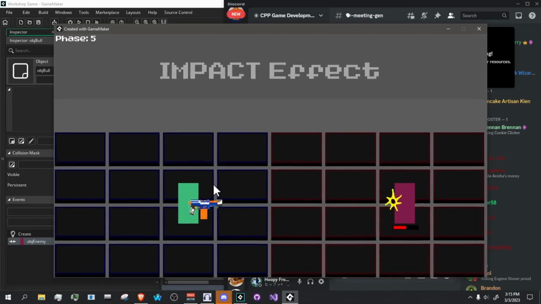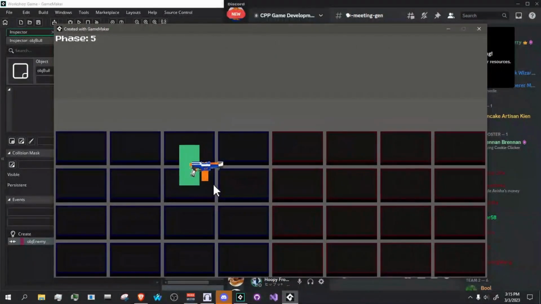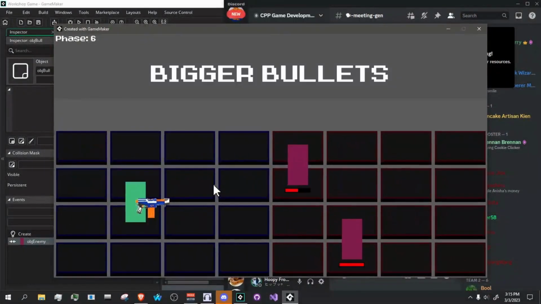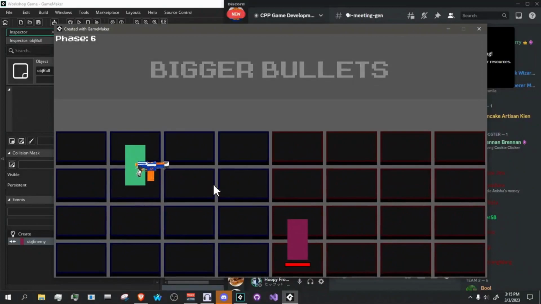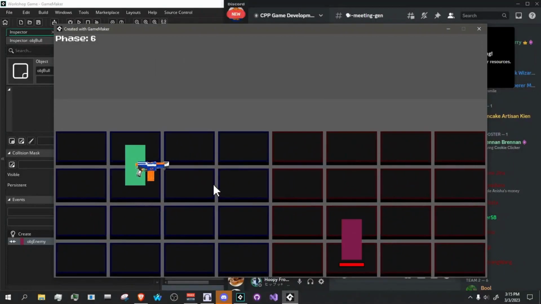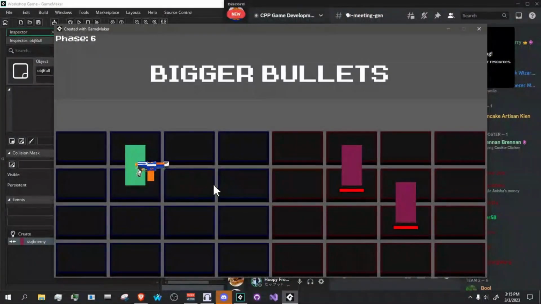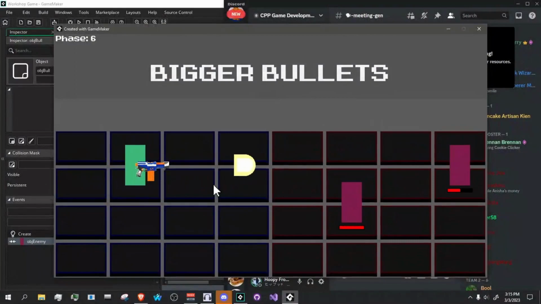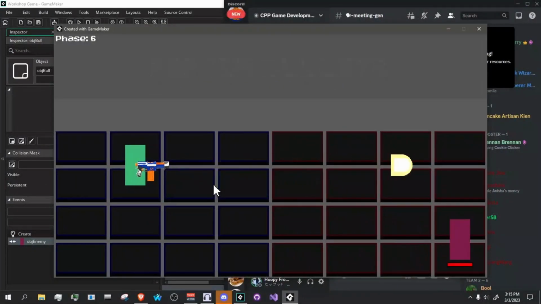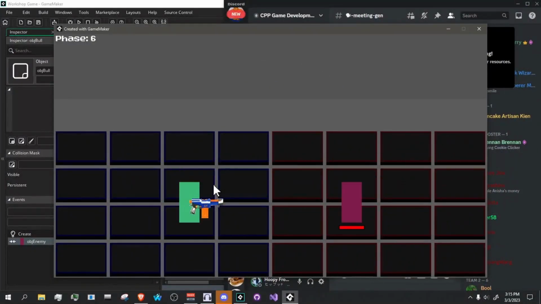You really only want small details if it's unimportant, but when it's something as big as a bullet on the screen that impacts gameplay, you really want things that affect gameplay to stand out, and making them bigger is a very good way to do that, as well as different